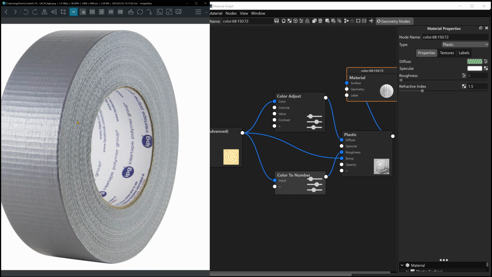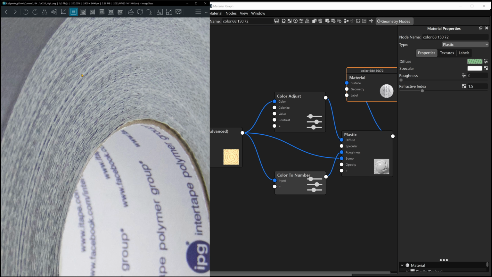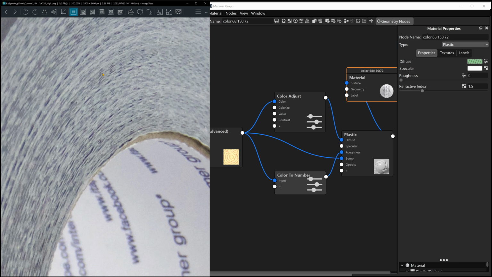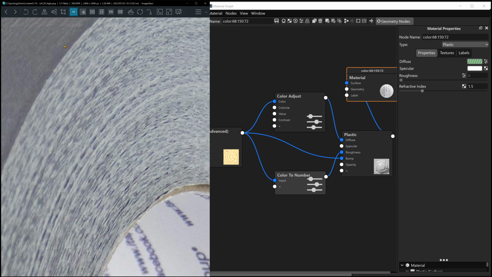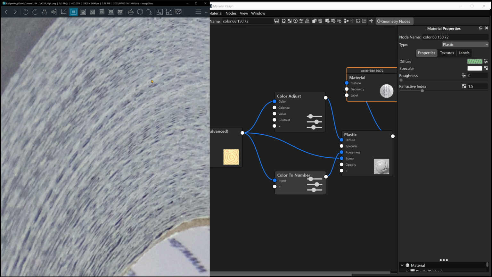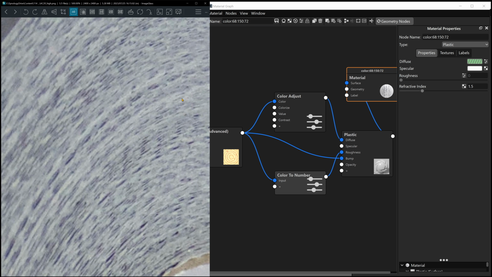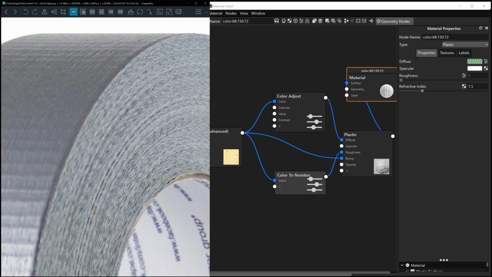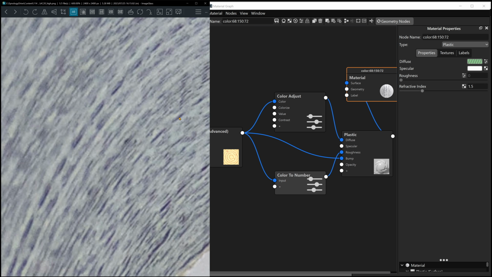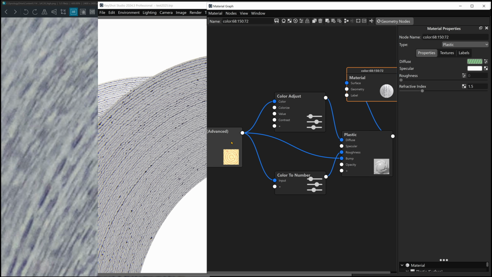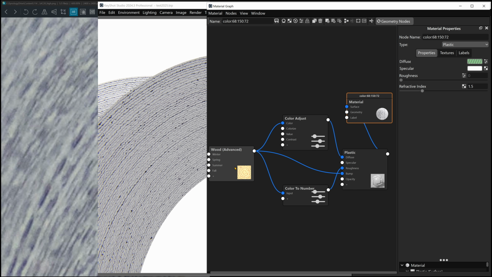And when we look at the photo, this is kind of tricky, but you can see you've got these little dashes, kind of marks of this dark blue, a gray, and a white. And what this reminded me of was the rings on a tree, because they're going around the spool in a circle, but they're a little uneven, and every so often they have these kind of darker blue pockets. And I figured that with KeyShot, we could use the Wood Advanced Procedural to kind of